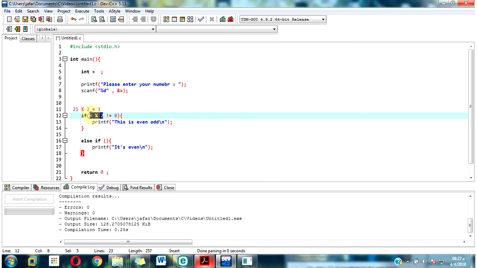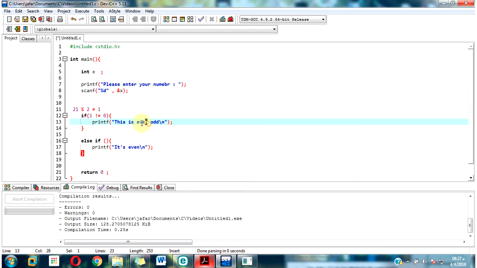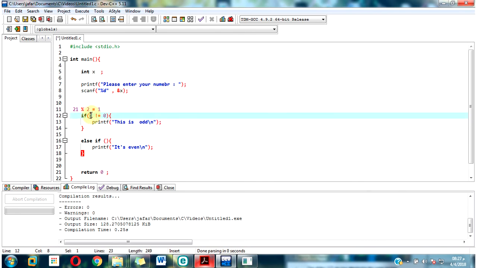You'll put 1 here, that means 1 is not equal to 0. Is it true that 1 is not equal to 0? Of course it's true. So you will get, this is odd number,